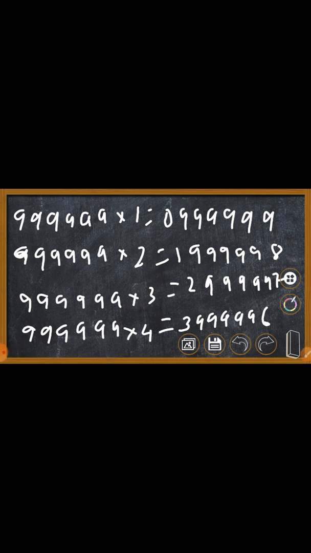Okay, so if you see, the common thing between all the answers is that there are 5 nines in the middle. Every answer has 5 nines in the middle. So our answer will also have 5 nines in the middle. Okay, keep this in mind, that the next step will have 5 nines in the middle. This is the first hint which we get from the answer.